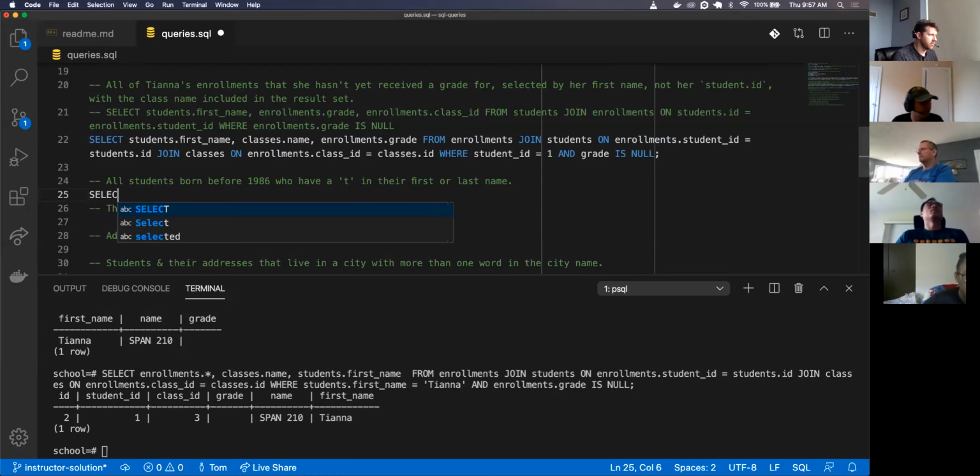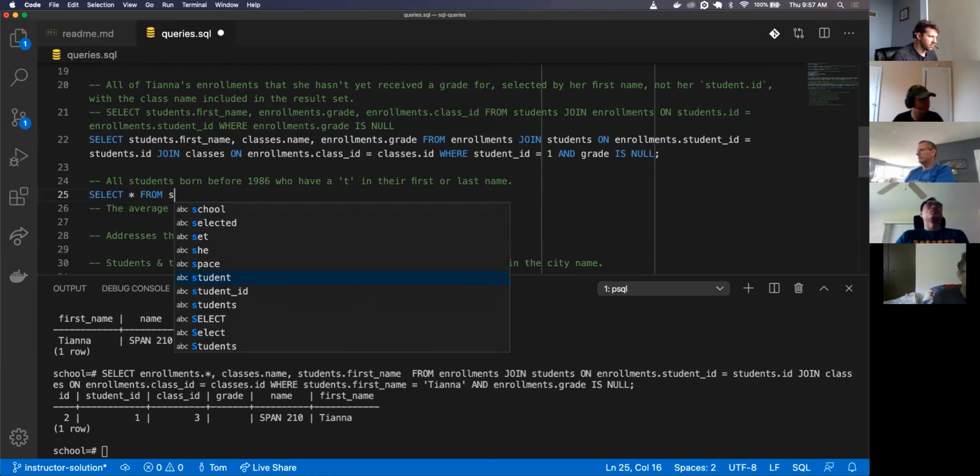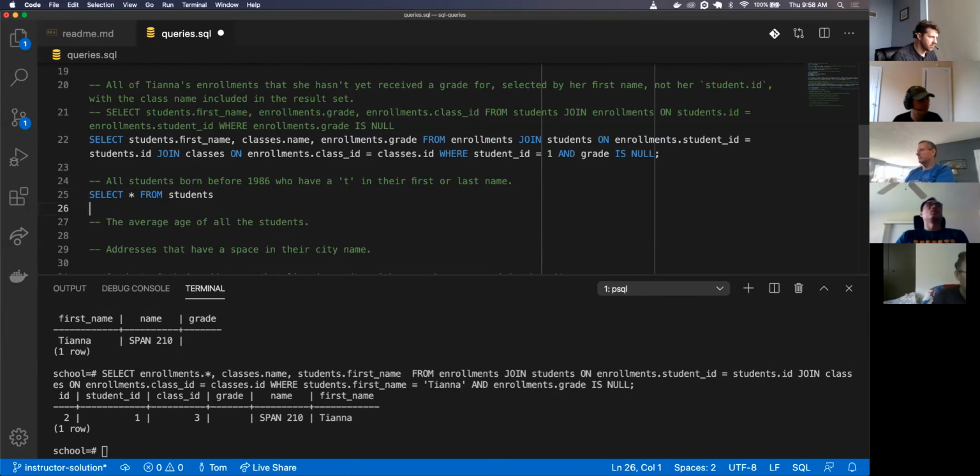Select star from students where first_name. I'm doing this on the fly, so it might be wrong.